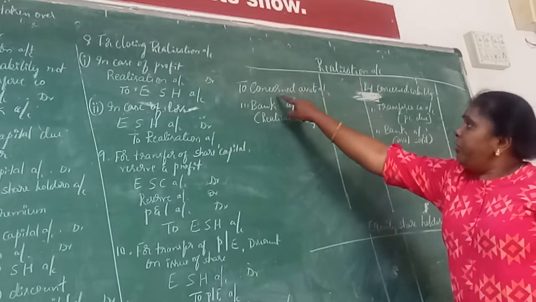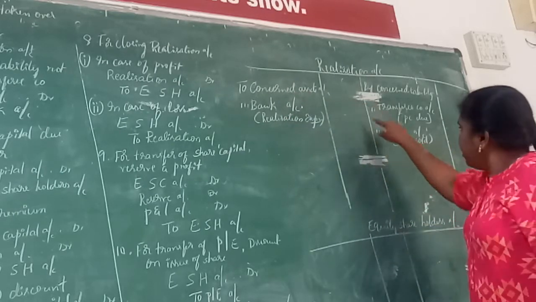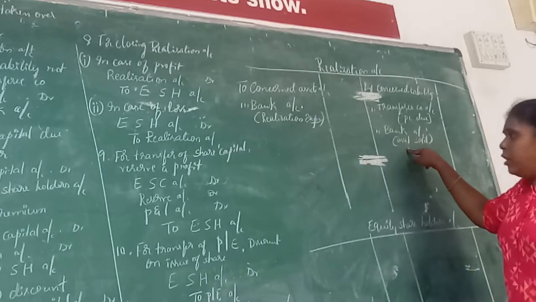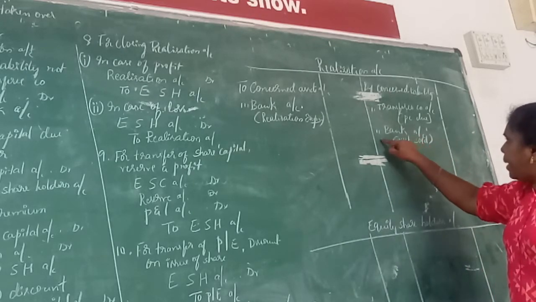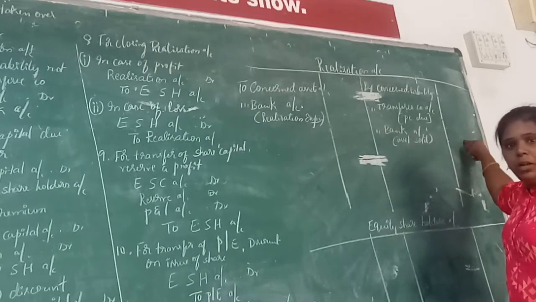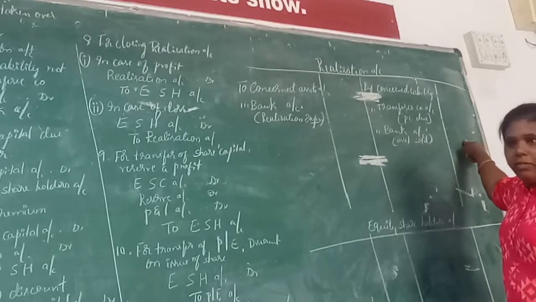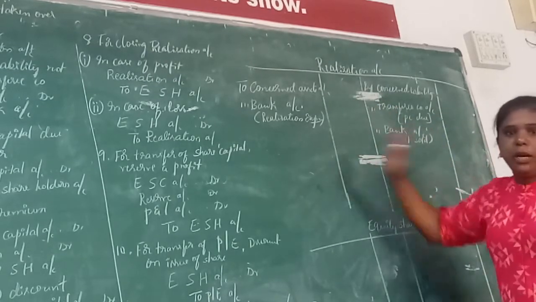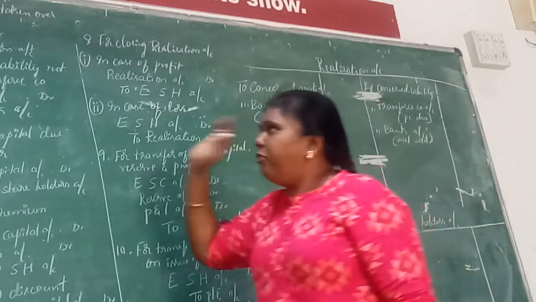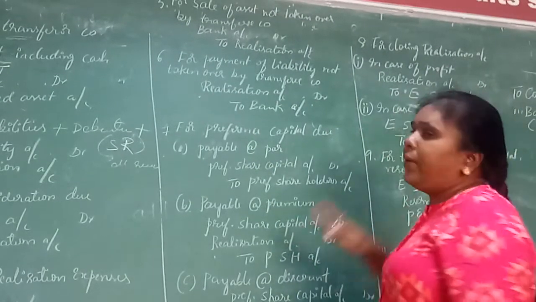So here we wrote stock rupees 50,000. This is the book value. Here if stock is not taken over, the realizable value we have to write here: by bank account 40,000. And there is no need to calculate profit or loss from the sale of the asset. By closing this account, we finally come to know the loss or profit. If any asset is not taken over, it should be sold by the transferor company. Same thing will be transferred.